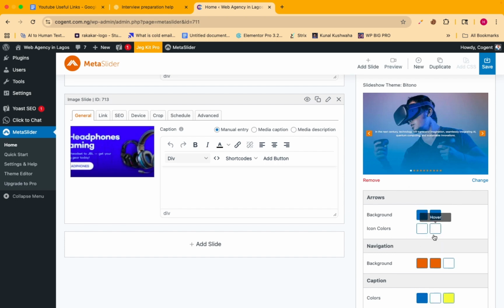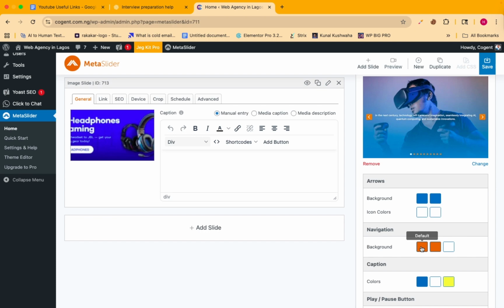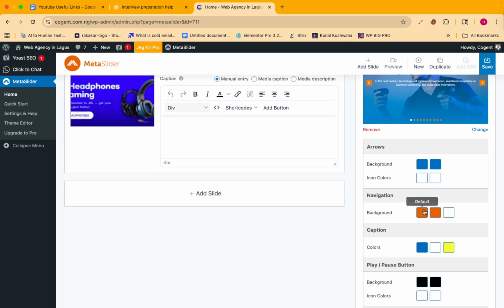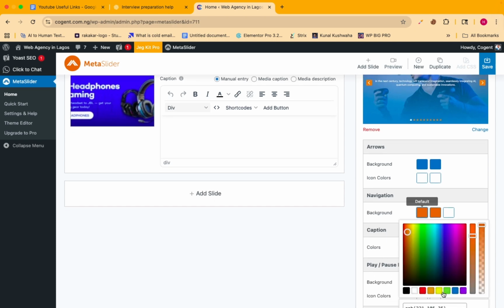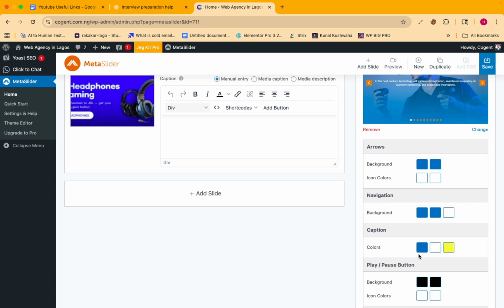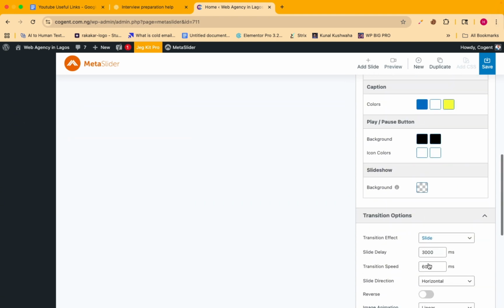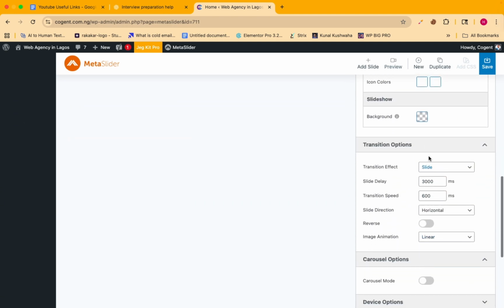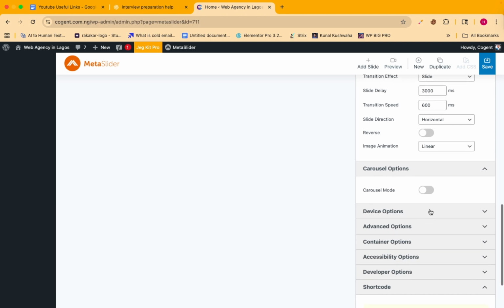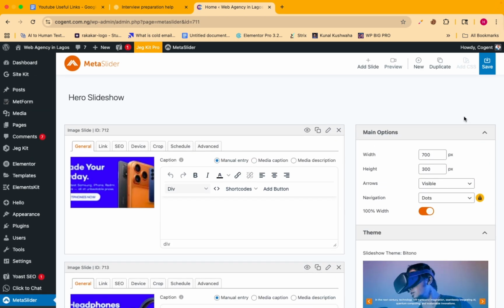so leave the icon as white, and navigation. Our navigation is actually hidden, so we don't really need it. Let me just add a color since it's hidden, but it's not going to be visible on our hero banner. So that is that. You can set your transition time. This is 3000, which is okay. Transition speed. You can play around with all these things, but I'm just going to save and quickly show you how it's going to look on our